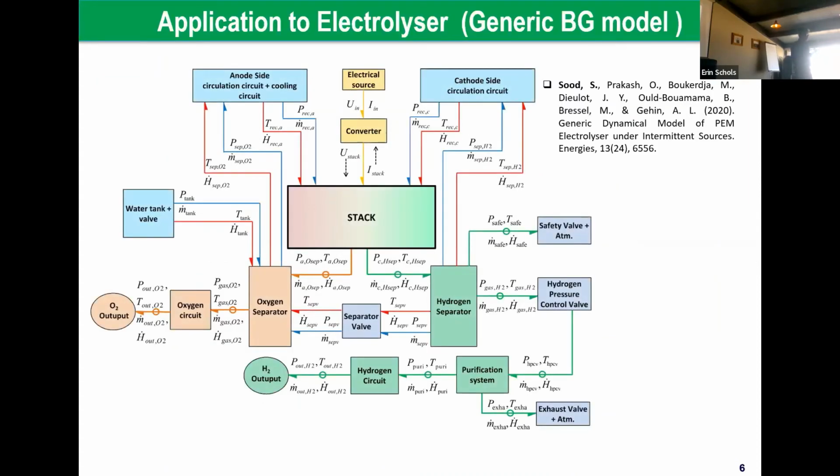Our application, of course, concerns the whole process, but I am just speaking about the electrolyzer. In the electrolyzer, first, of course, we need a model of a very complicated system. Why is it complex? Because if we have a mechanical system, we have just torque and speed, or force and linear velocity. But in the electrolyzer, we have three coupled energies. It's very complicated. We have electrochemical energies, mechanical energies, electrical energies, and of course, fluidics, pressure and flow. Those coupled energies, we have to model them. This is what we have done during this